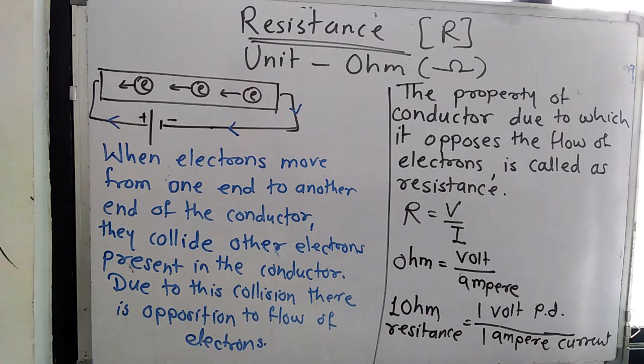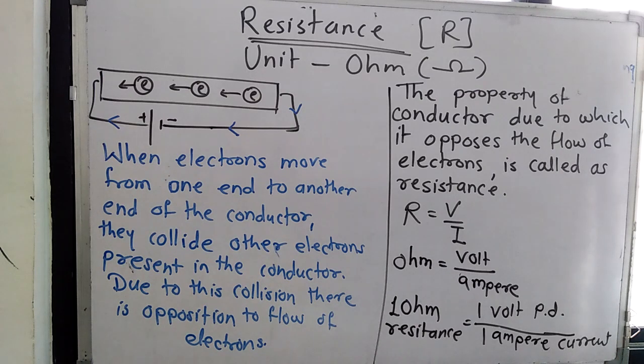Conductors have very less resistance and insulators have very high resistance. Okay, resistance means opposition to the flow of electrons. So we know the formula of resistance according to Ohm's law, R is equal to V upon I, and we measure the resistance in ohm, voltage in volt, and current in ampere. So if I want 1 ohm resistance,